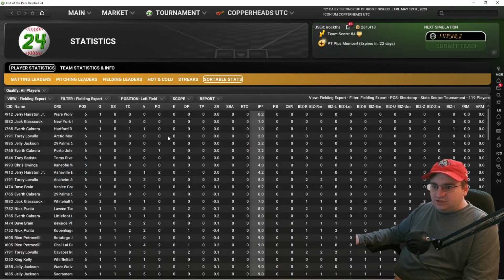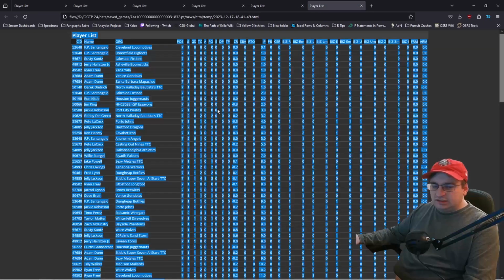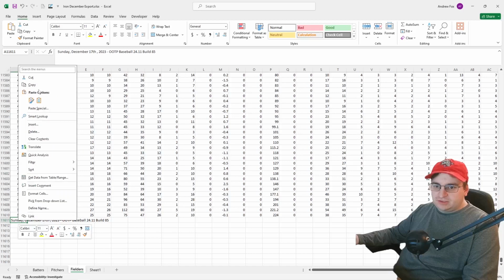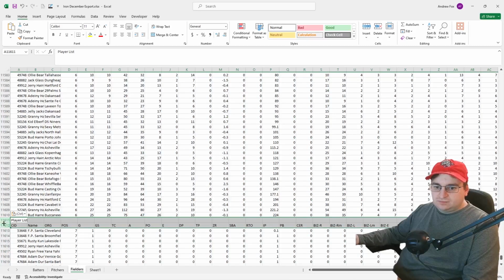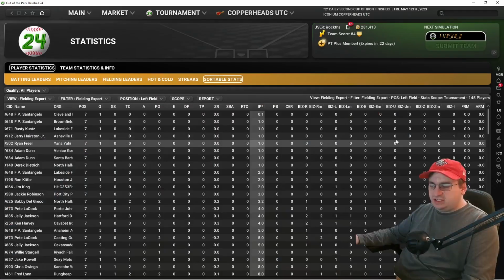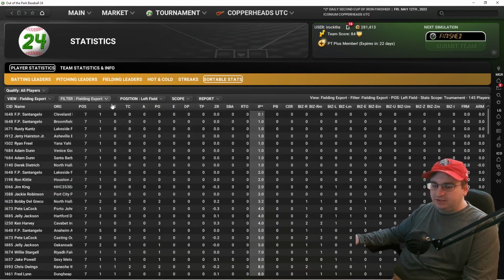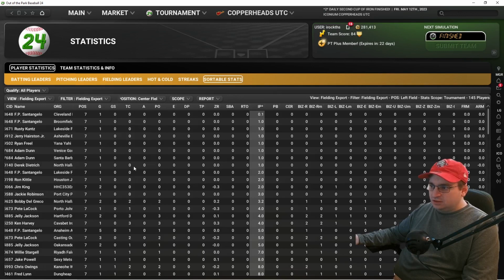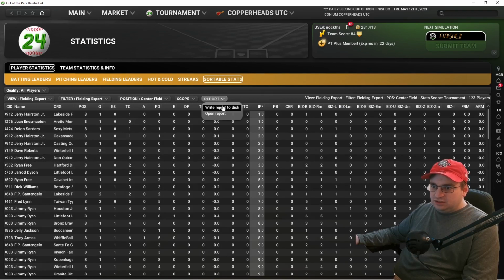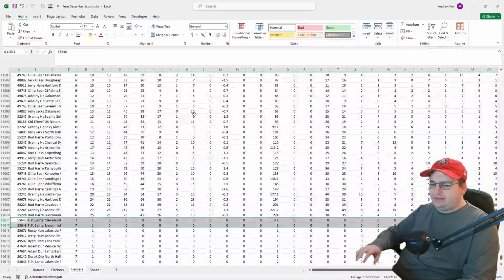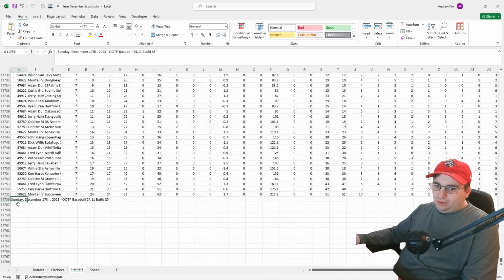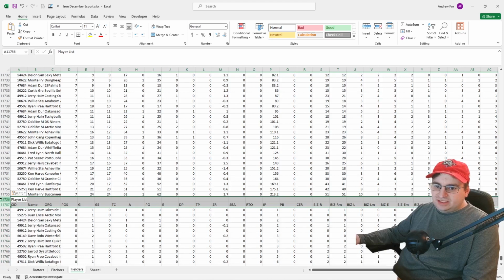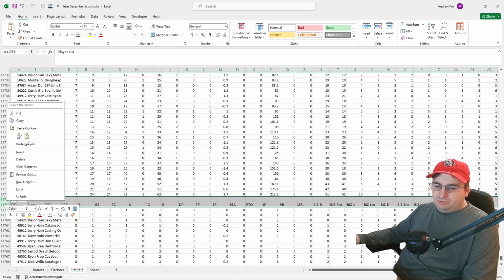Now we got left field, and you can see the number of players is adjusting between each position. So you have 145 played in left field, but if we go to center field here, we have 123 players there. A lot of times that has to do with things like platoons. People are more likely to platoon a corner outfield spot than center field, where defense is more important, and people will just